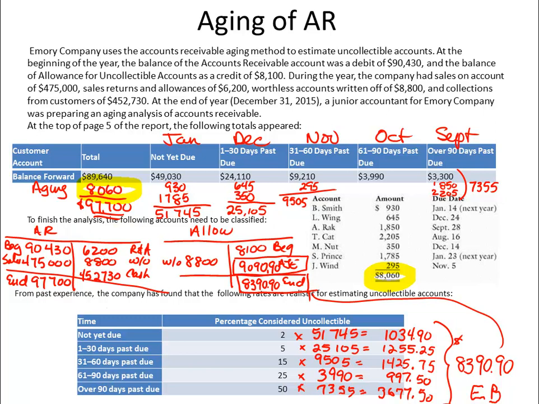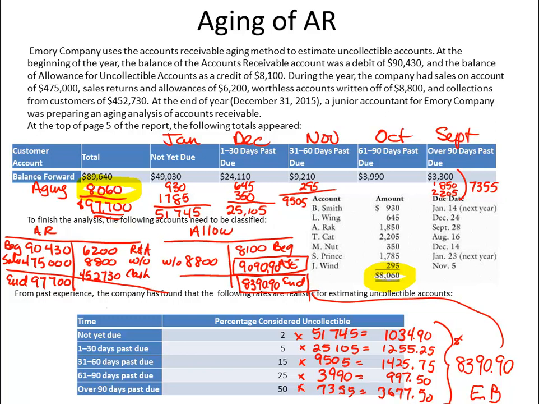Notice that in that dense print up there, it tells me the beginning balance in the allowance account was $8,100, and that we wrote off $8,800. So by process of elimination, I can see that my adjusting journal entry needs to be for the difference, or $9,090.90. So the entry will be debit bad debt expense, credit the allowance account for $9,090.90, and by making that entry